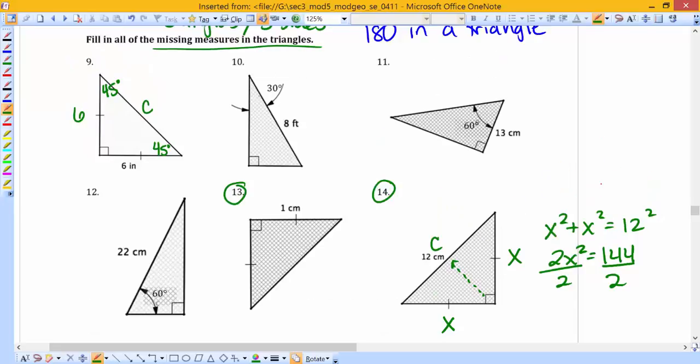Now for the other three, I'm going to change colors. If this is 30 degrees, I can identify this is